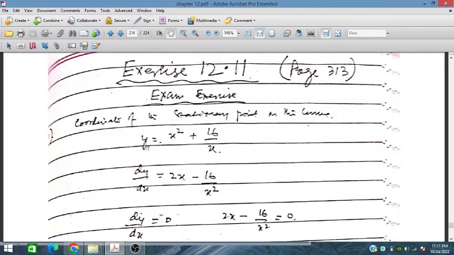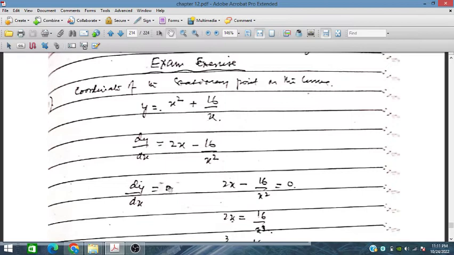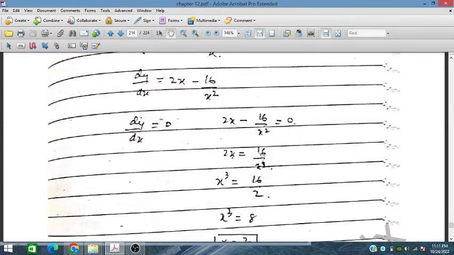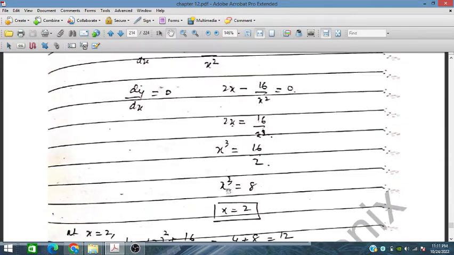So we differentiate this: dy by dx is 2x minus 16 upon x squared. For a stationary point we take dy by dx equal to 0. So 2x minus 16 upon x squared is equal to 0, so 2x is equal to 16 upon x squared. Multiplying by x squared, x cubed is equal to 16 upon 2. So x cubed is equal to 8, and taking the cube root on both sides, x is